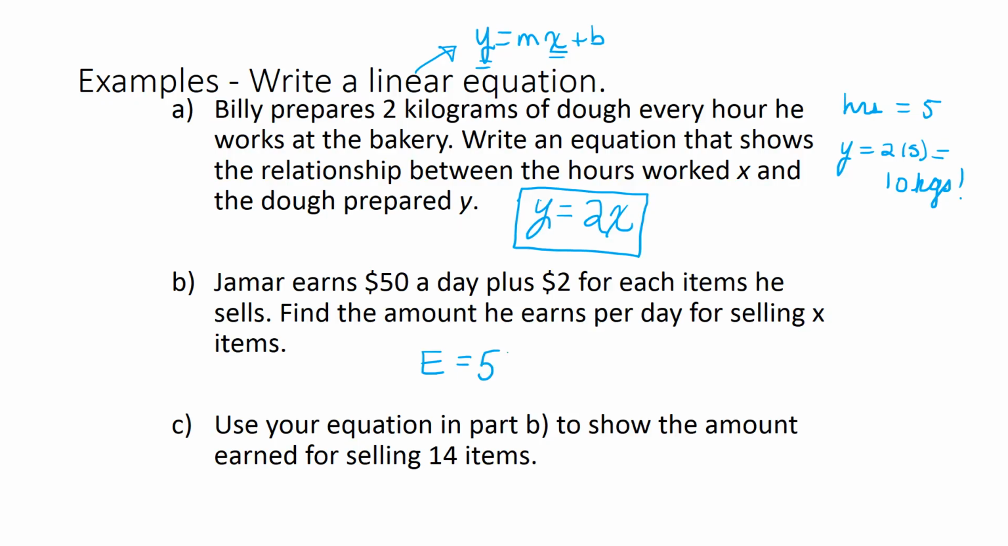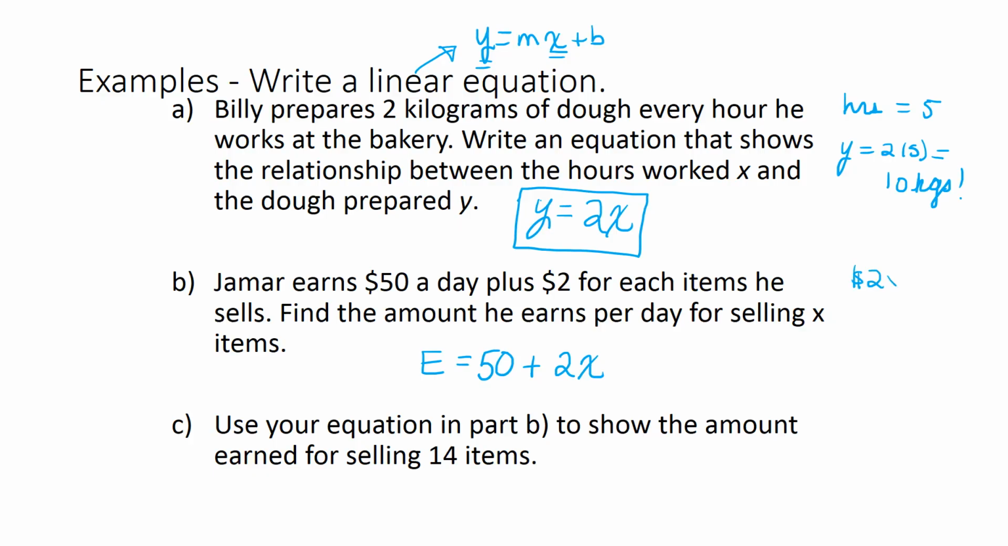So you're going to be adding it to the 50, and it doesn't matter which way you write it, 50 plus something or something plus 50. But the 50 is an automatically flat fee he earns per day, and then he earns $2 times however many he sells, all right? And you should always just check it, because you can look at this problem and see,